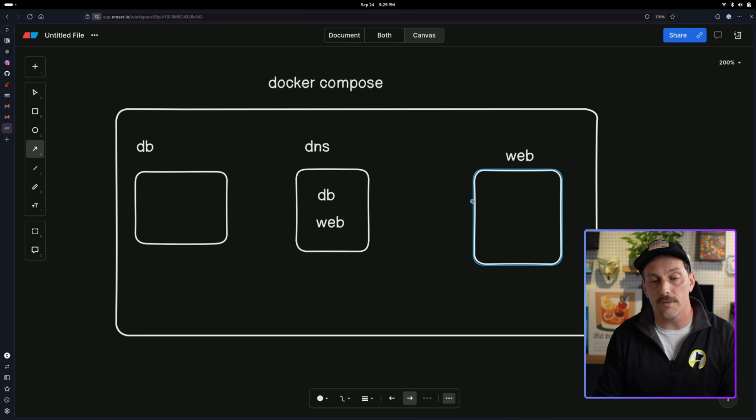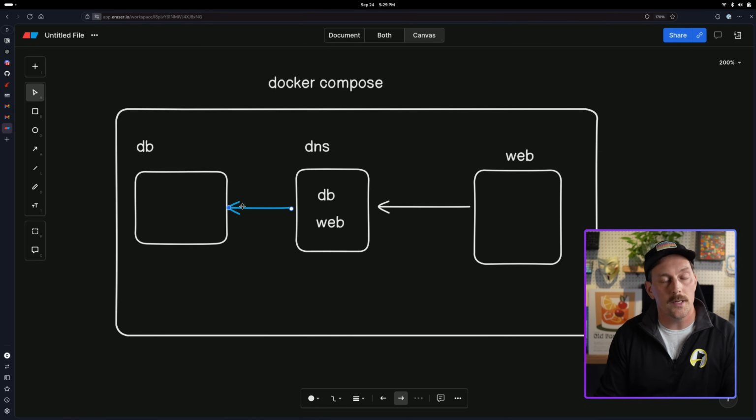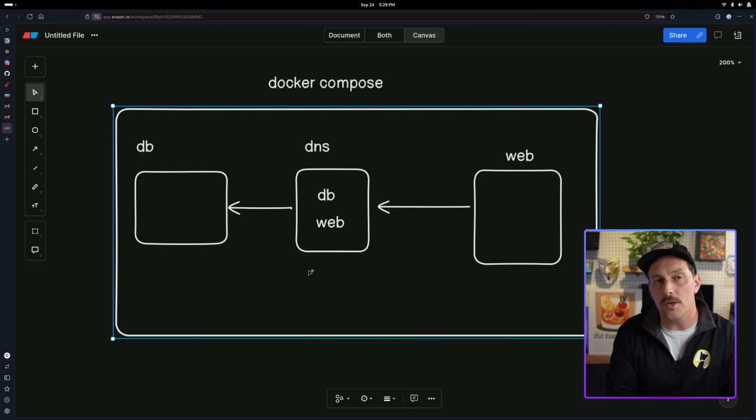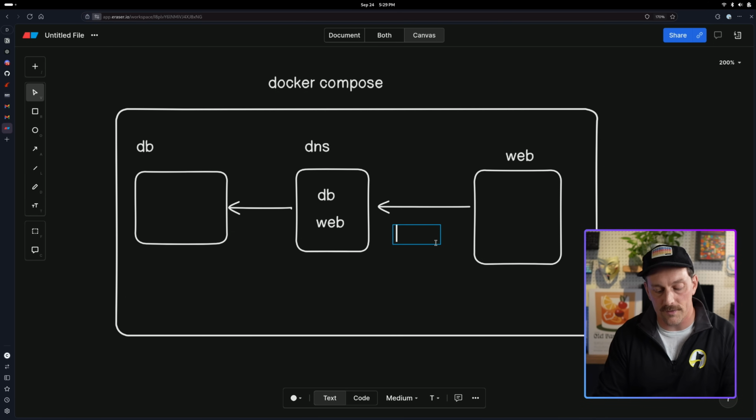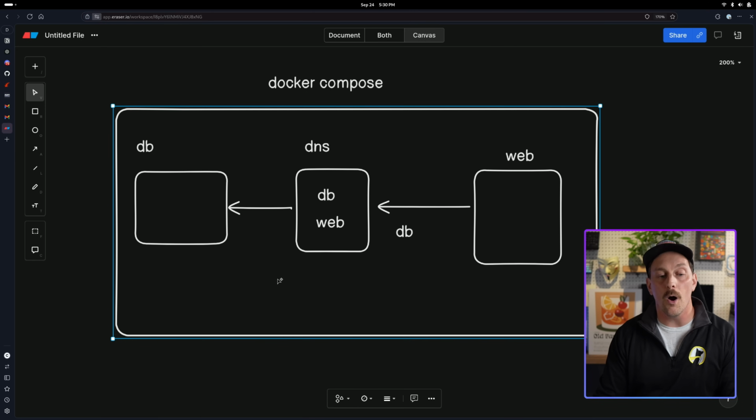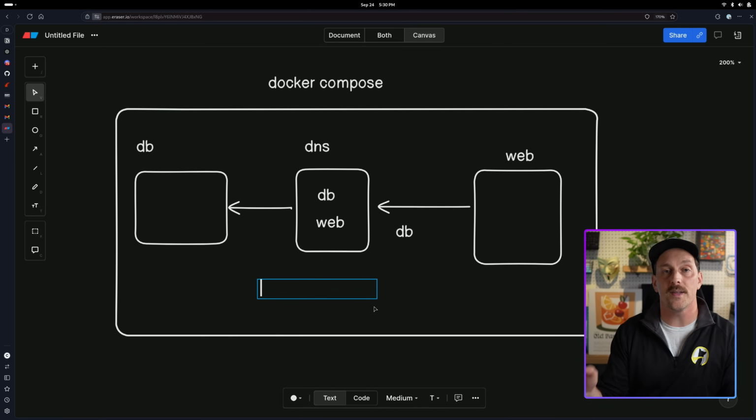So when our web service wants to talk to the database service in order to store some data or whatever, it goes through the DNS and it talks directly to the DB through the DNS of Docker Compose. So web doesn't have to know any kind of special IP for this database. It just needs to know the name of the service, which is, of course, DB. So our web service, all it has to do to connect to the database is use this URL,